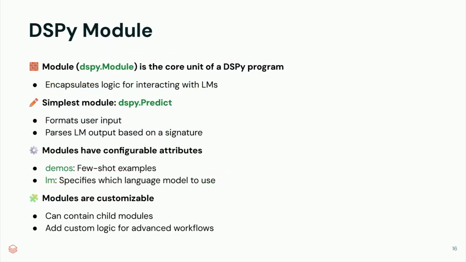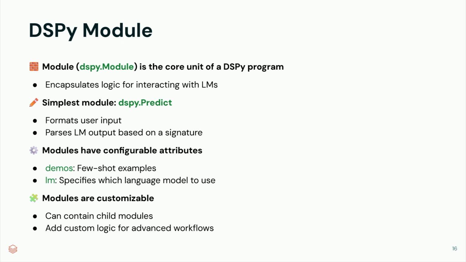So for the signature, we have the static information, which is not enough, because we need to call the LM to use the signature. This is through the DSPy module. DSPy module is the core unit of a DSPy program, and we write all the logic inside DSPy module. The simplest module, but also the most important, is DSPy.predict. It is bundled with a signature and simply calls the LM with a signature. No other logic there. Modules are configurable, it has few-shot examples, and you can specify the LM to call,